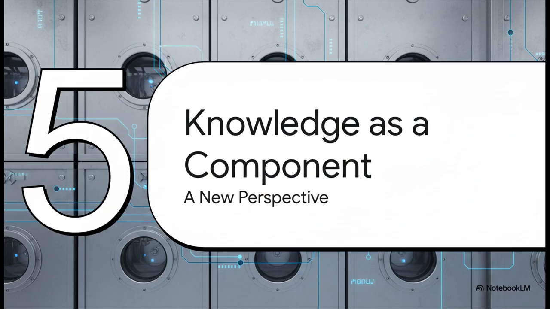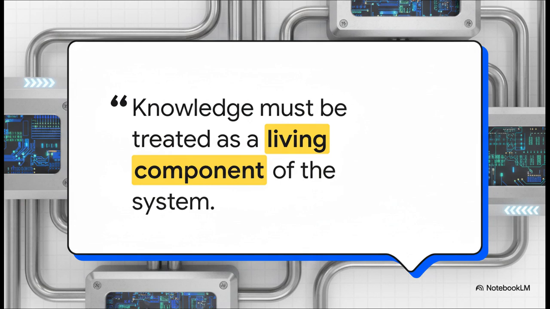So, to really get a handle on this, we have to fundamentally change our perspective. We have to shift how we view the role of information inside our validated systems. It's not just static data anymore. So, if there's one thing to take away from all this, it's this right here. We have got to stop thinking of knowledge as some static configuration file we just load up once and then forget about. We have to start treating it as a dynamic, living component of the system, a component that needs its own lifecycle management, its own review cycles, and its own governance, just like any other piece of code.